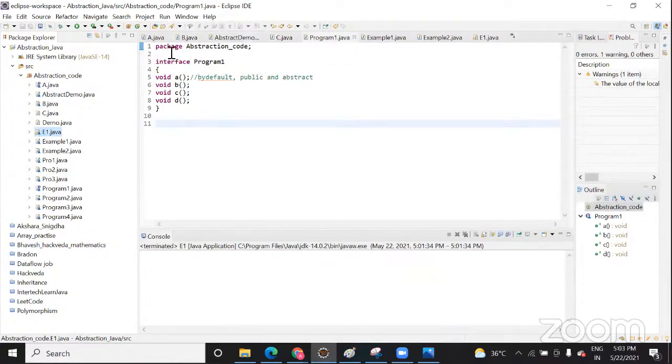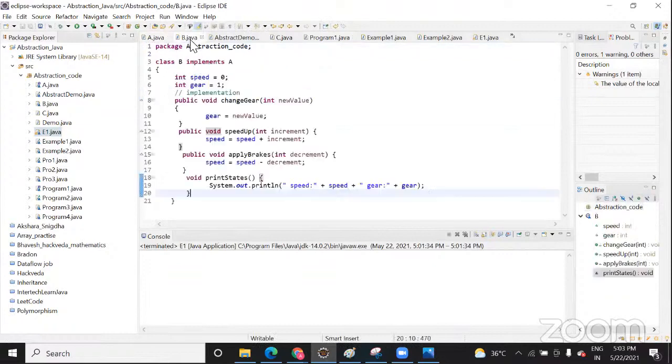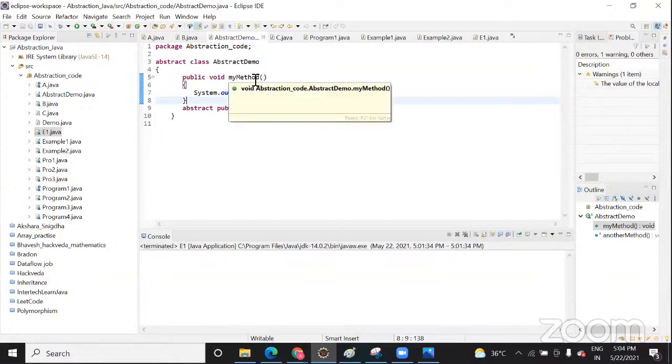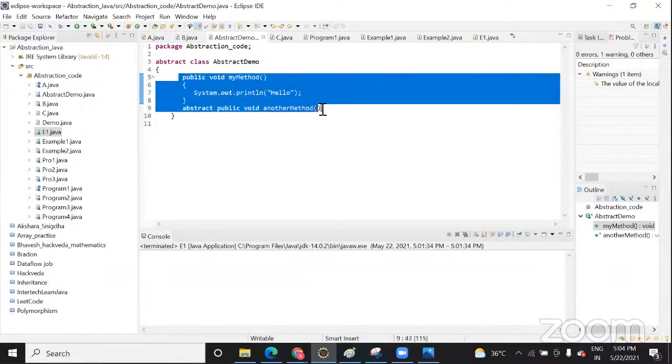So there are multiple codes. You can try them today. It's similar to the interface, and in the next class, if you have any doubt on how this works or how we declare it, you can ask me. Do you have any doubt till now regarding the abstract class? And whatever we have studied till now, different topics, is there any doubt on that? Is there any problem in the code, or are you not getting the concept of the code? If I have a problem, I will ask you. Like today, I asked you some problems that were there.